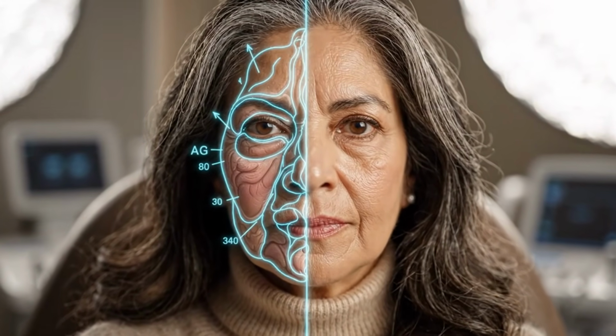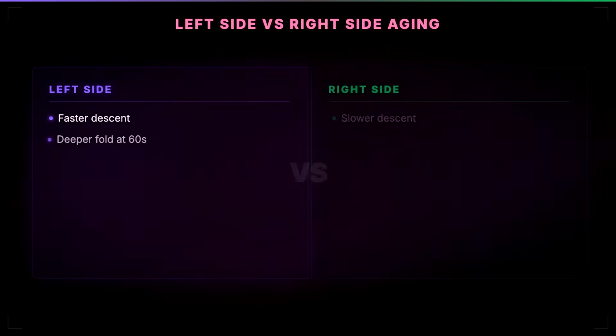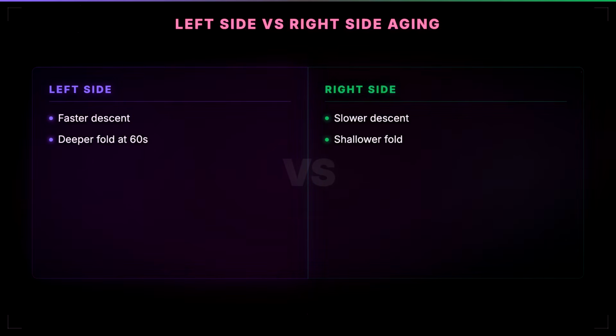68% of faces descend unevenly. Not unevenly across time. Everyone's face changes with age. That part is not in question. Unevenly from side to side. Left half and right half aging at measurably different rates, in different directions, producing an asymmetry by the 60s that